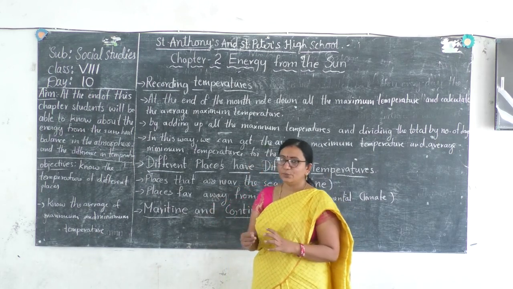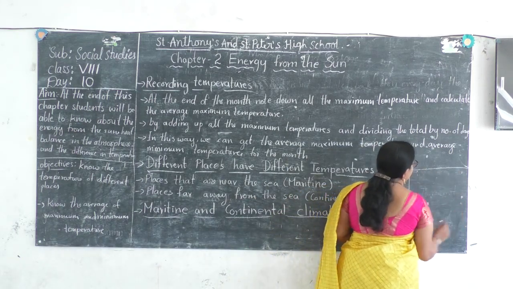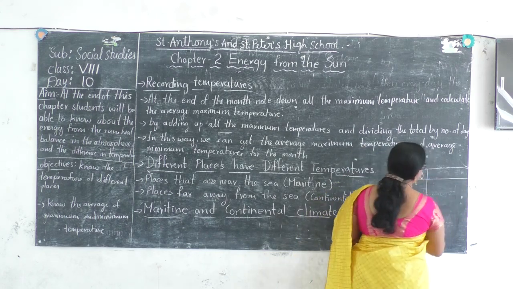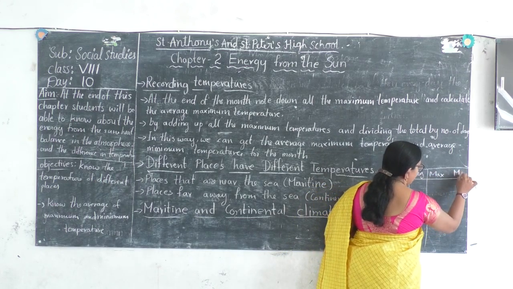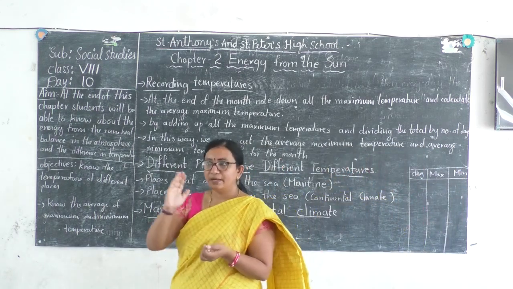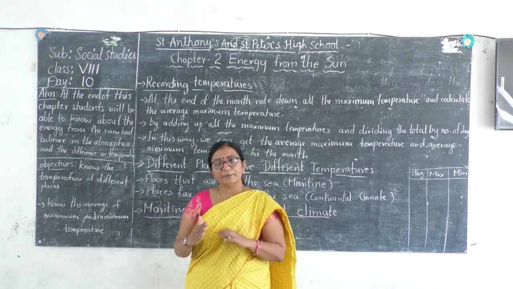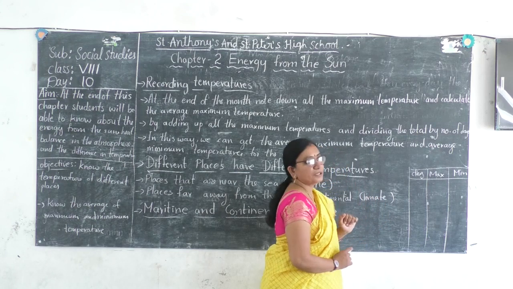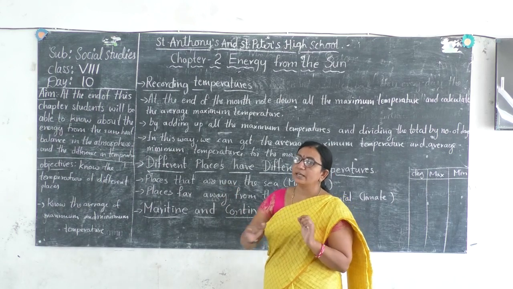What you have to do is, every day, make a table on a paper, and note down the day on which you are taking the reading, and the maximum temperature and the minimum temperature of that day. You have to choose a particular time, for example 10 o'clock, 11 o'clock or 12 o'clock. At that time you have to note down the maximum and minimum temperature of that particular day. Like this you have to do it for at least one complete month.